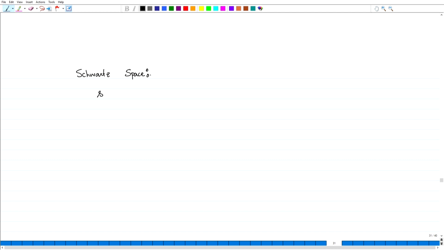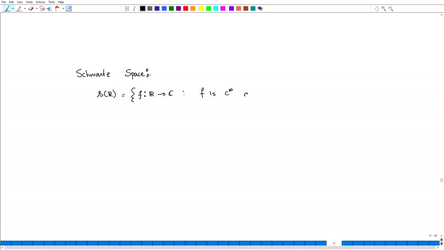I will denote it by this. This is all functions f from R to C such that f is C infinity. So, C infinity means it is a smooth function, that means the derivative of all orders for f exists. So, f is C infinity and